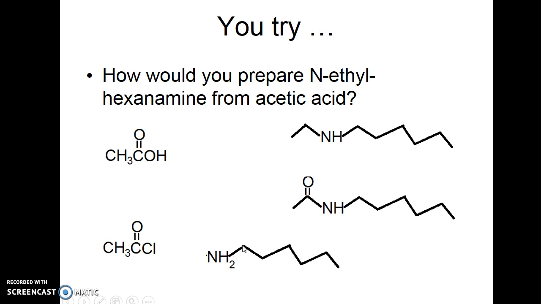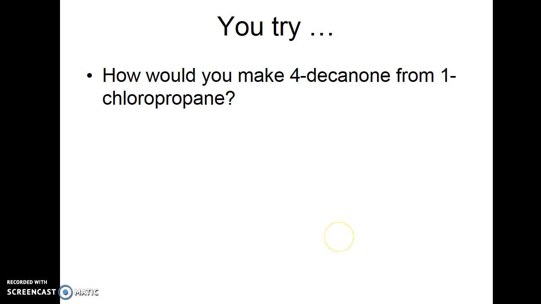So let's go ahead and now put in the reagents that we need. To go from the amide to the amine, I need lithium aluminum hydride. To go from the acid chloride and amine to this amide, I just need to mix them together with either excess amine, or you could put a little pyridine in there to catch the hydrochloric acid that would be formed. And then to make the acid chloride,